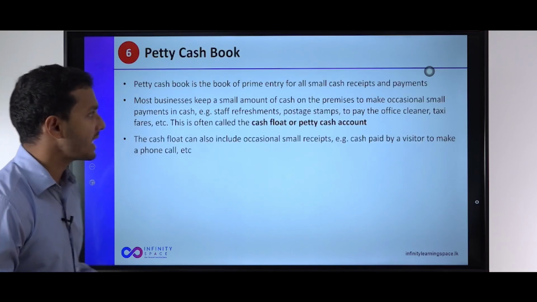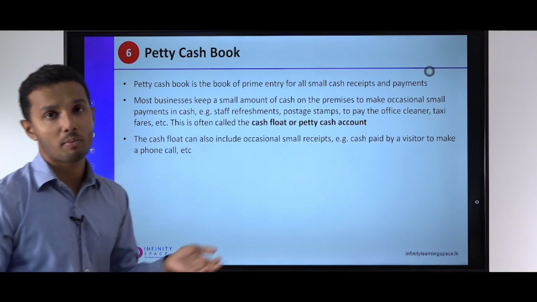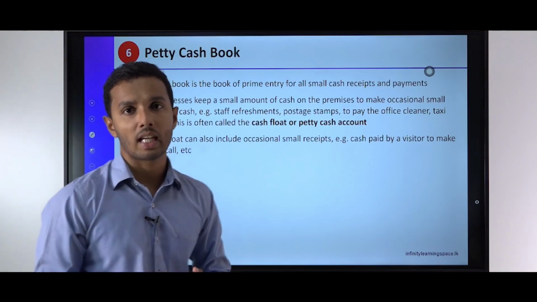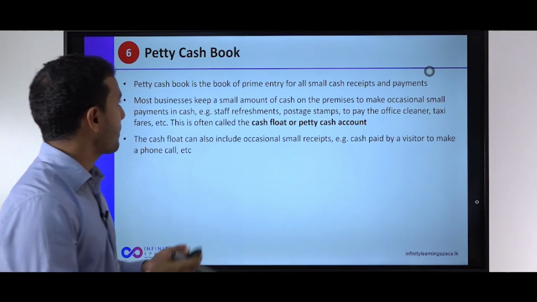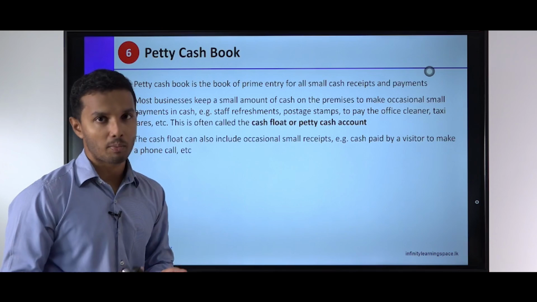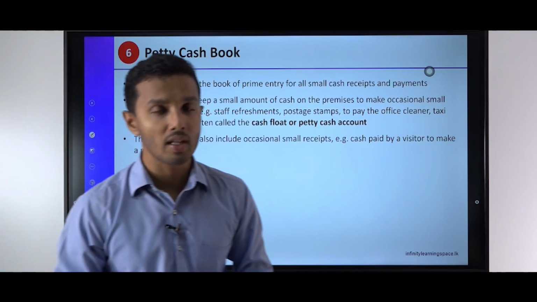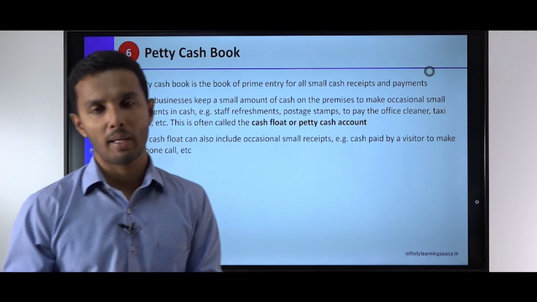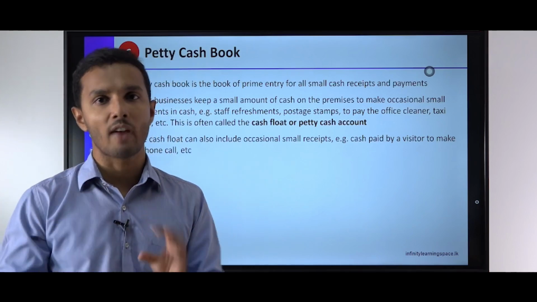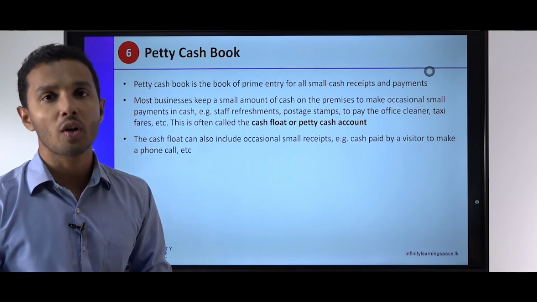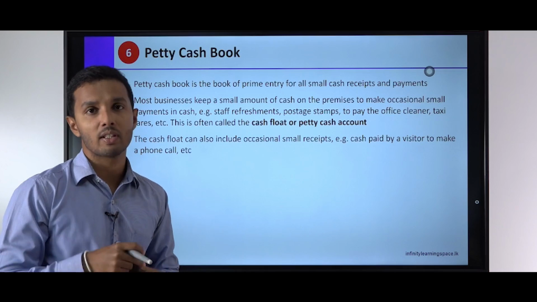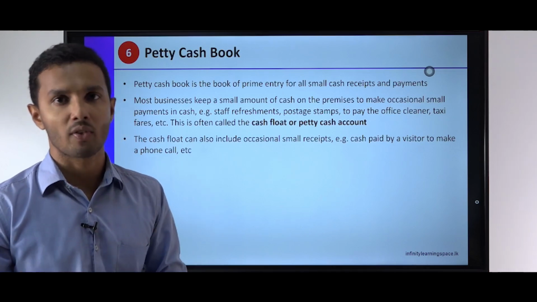Then we have the petty cash book. We learned the cash book. Now we are looking at the petty cash book, right? So the petty cash book is also a cash book, right? So it records cash payments and cash receipts, but it only records cash payments and receipts that are small in value, right? Now, if you record all cash payments and receipts, even the small ones, for example,